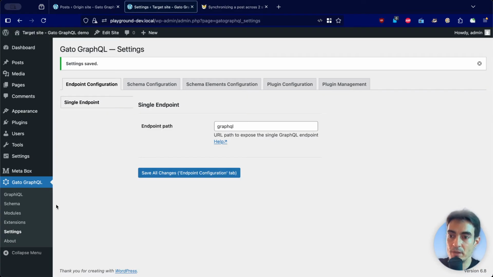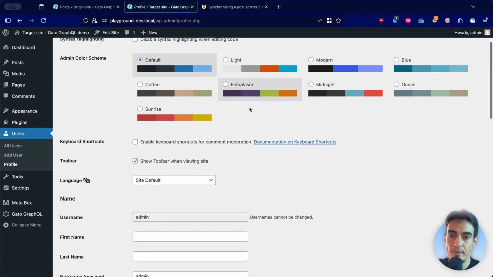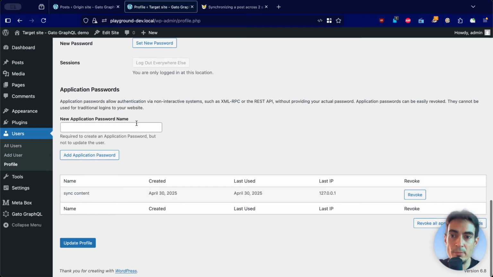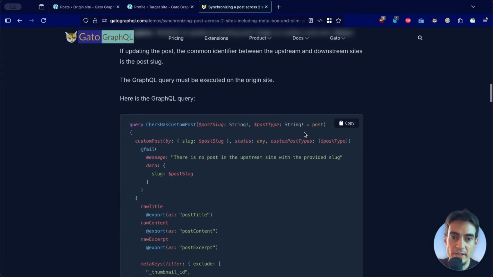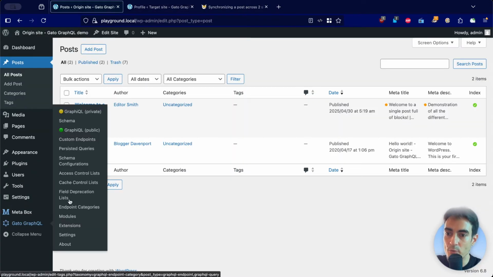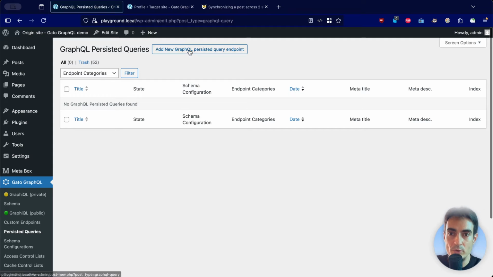For that, on the destination site, you can go to your user profile. In this case, I am the admin, and here you can create a new application password. I have already created one that I'm going to use for this demo. All right, so here is the query. So I will copy this, and then we have to go to the origin site, and we can create a new persistent query with this